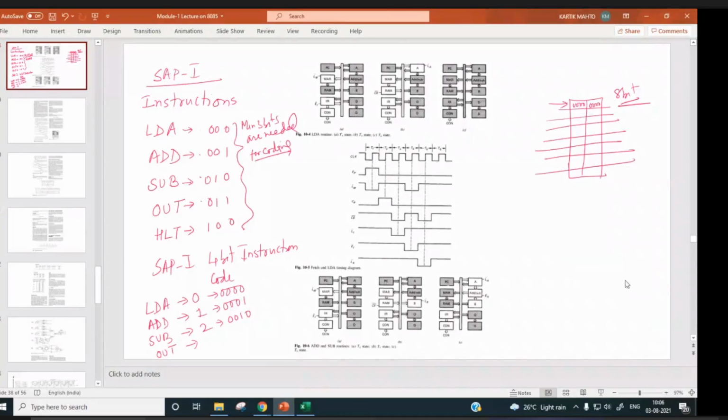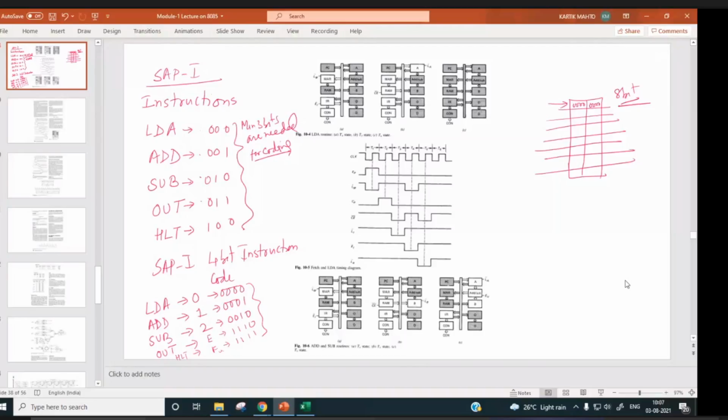Probably for out, it is E. E is 1110, and for halt, it is F, 1111. So for stopping your program, this code has to be there, right?